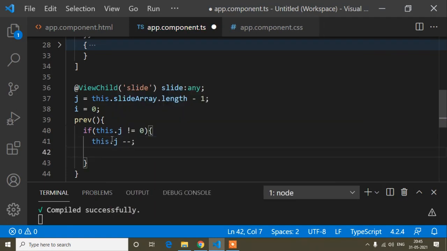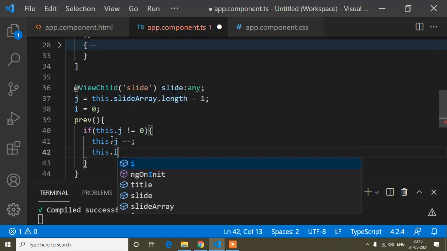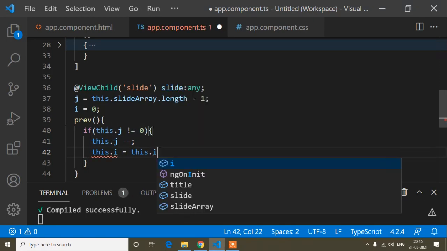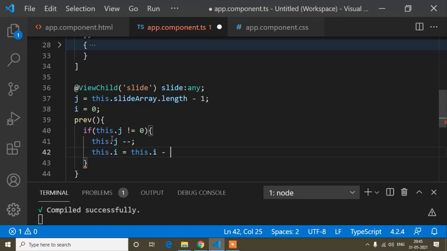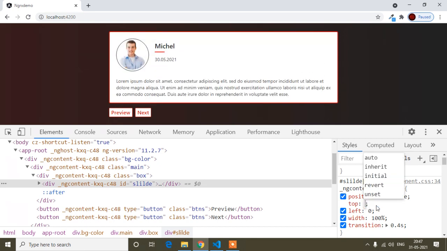And now here I will write that this.i equals this.i minus 200. So this.i is minus 200, so that means, as I was showing, if I set this slide's top property to minus 200 pixels, then when I add this pixel value, you can see the slide will change to the next one.